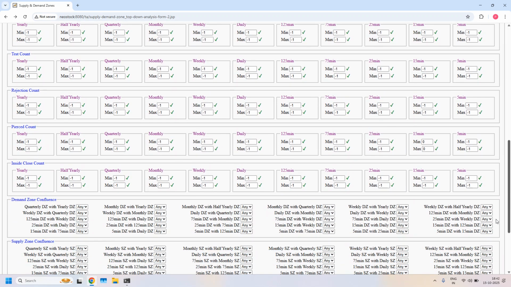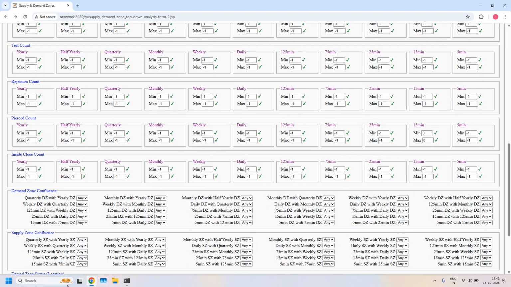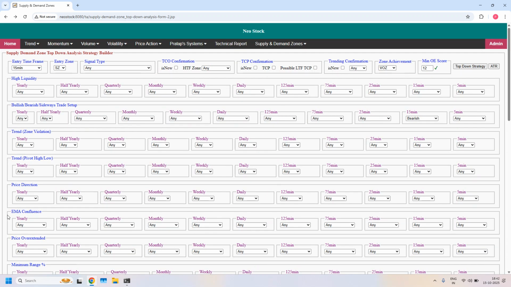So I am setting supply zone LTF and ITF, that is 15 minutes and 75 minutes supply zone confluence is enabled, and then in the EMA confluence at daily time frame, 15-minute supply zone with daily EMA filter is enabled. Sorry, not this one. As per the first strategy,